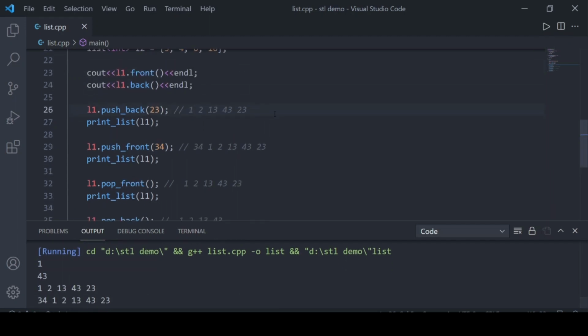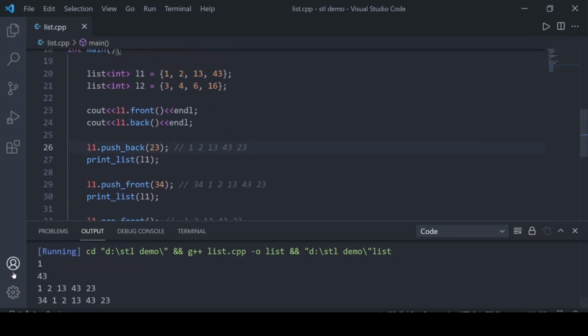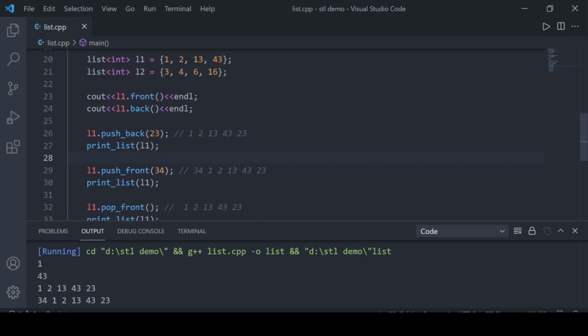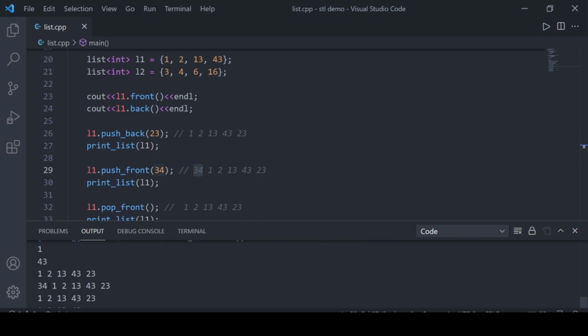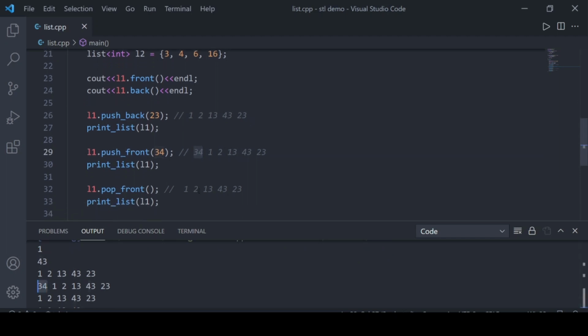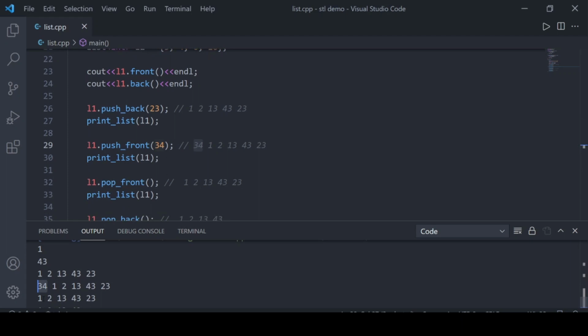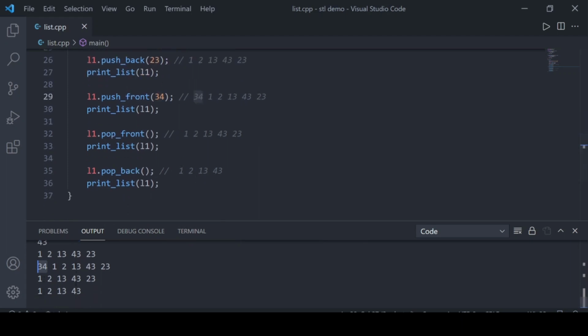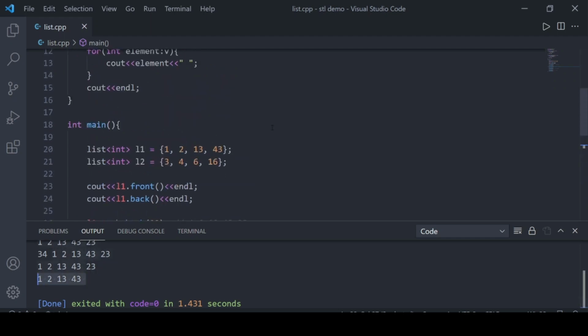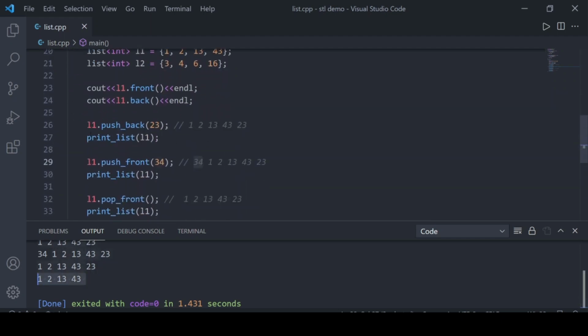Yeah, so the front element of the first list is 1, the back element is 43. When we push 23, the list becomes 1 2 13 43 and 23 as expected. Then when we push 34 in the front, 34 is at the front of the list. Then we pop from the front, and 34 has been removed. Then when we popped from the back, 23 has been removed. So everything worked fine. These were the main functions.